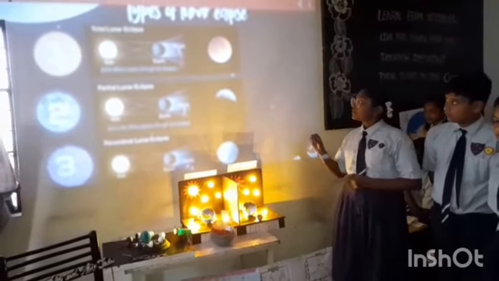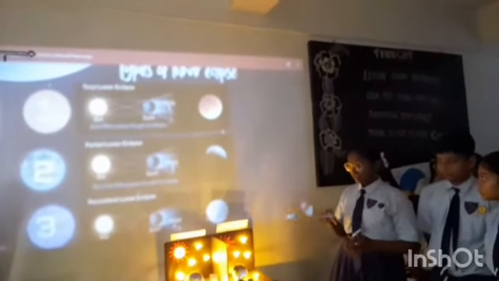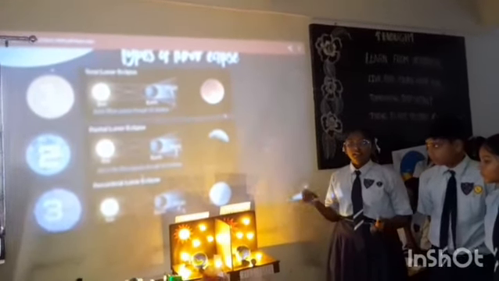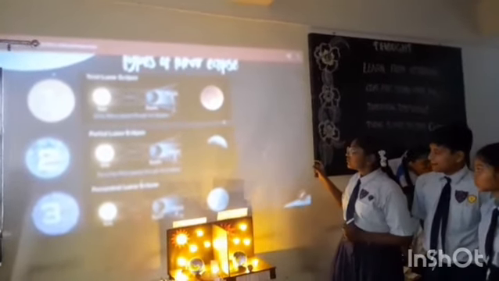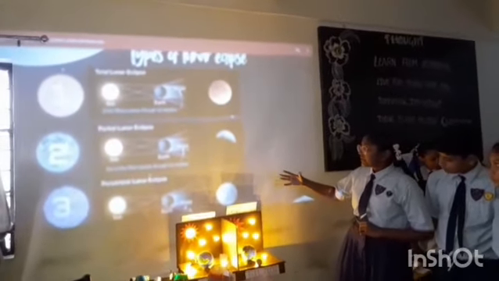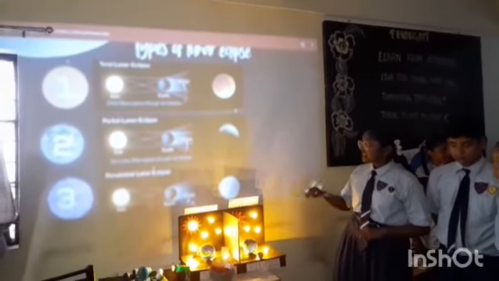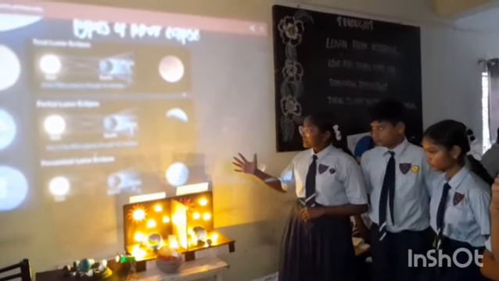Total, when the moon totally enters the Earth's inner layer called umbra, giving it a reddish blood moon appearance. Partial, when the moon enters the umbra slightly, giving it a dimmer look. Penumbral, when the moon passes through the Earth's outer penumbral layer, it is called the penumbral lunar eclipse.